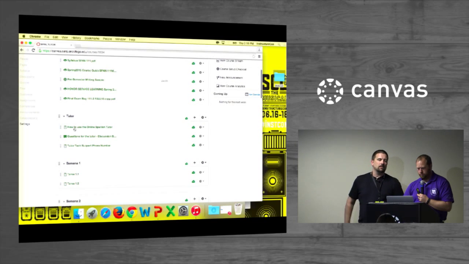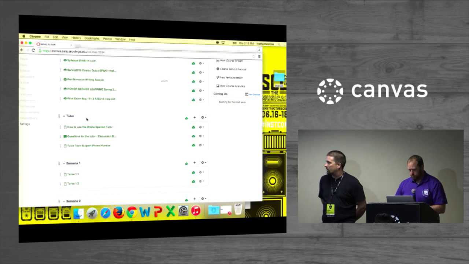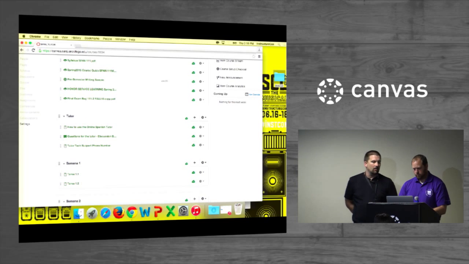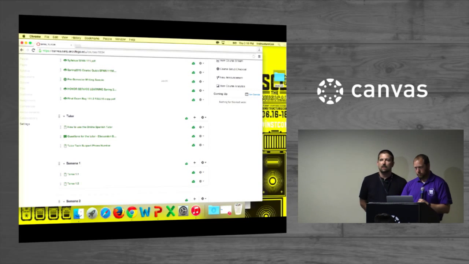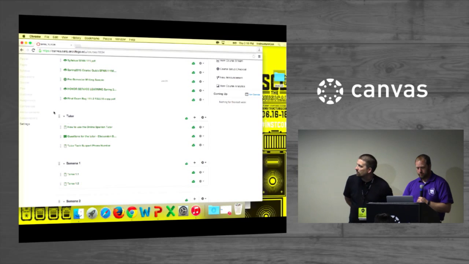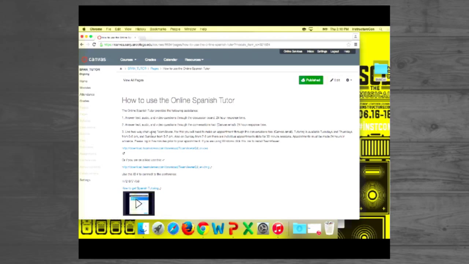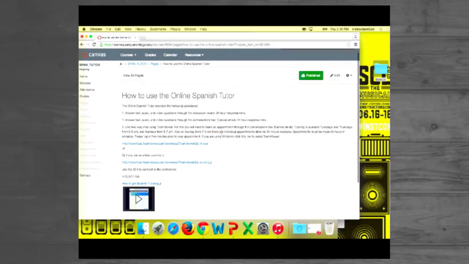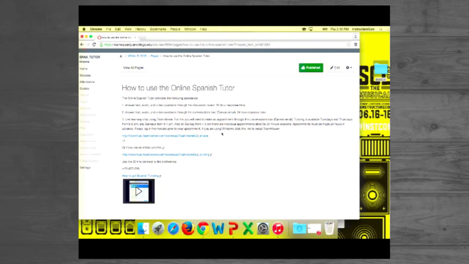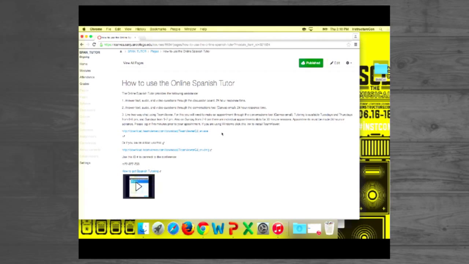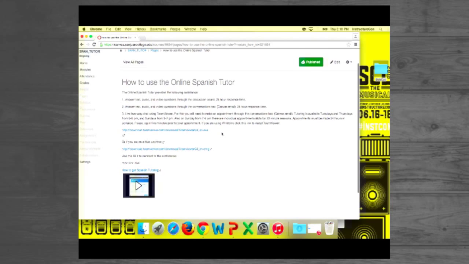Okay, so basically this module right here for the tutor is the one that the Spanish instructor imports into her various courses. The first item is a content page, and it gives an explanation of how to use the tutor. We have step-by-step instructions. It allows for text, audio, and video through the discussion board, and we give them an expectation of response time, a 24-hour response.